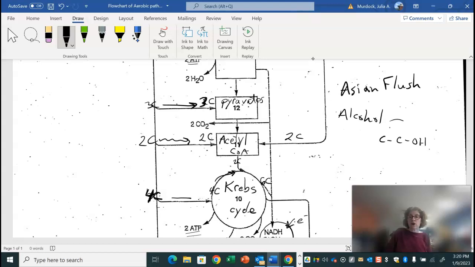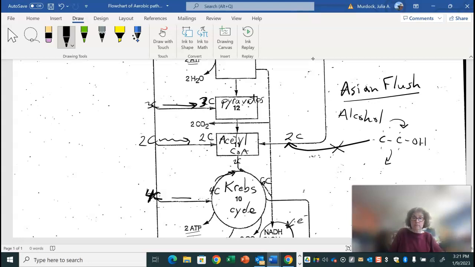So this is alcohol, right? This is alcohol. I just didn't write the extra hydrogens in. So usually, we would put it in here at this level. It would become acetyl-CoA, and it would enter and be digested properly, and there'd be no problem. With a person that has Asian flush, this gets disrupted. So it's supposed to become